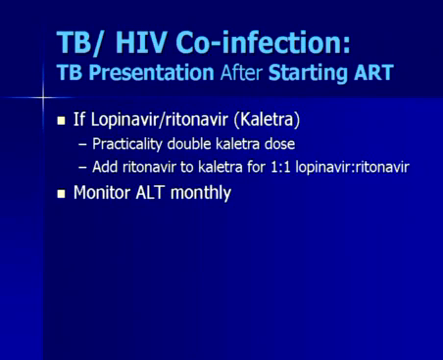The main one we need to focus on is Kaletra, or lopinavir-ritonavir. Practically, what most people do is double the dose of Kaletra, or Aluvia. Aluvia for adults is 2 tablets twice a day, so we increase that to 4 tablets twice a day. We usually do it gradually because of the side effects. If you just go from 2 to 4, most of them will get severe diarrhea. So we do 2, and then let them take 3 for a few days, 3 twice a day, and then